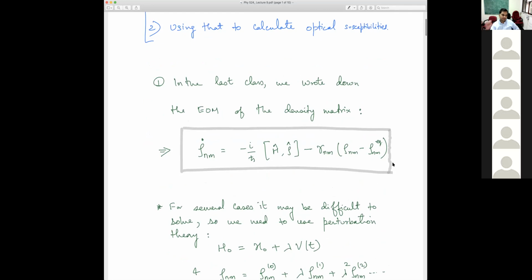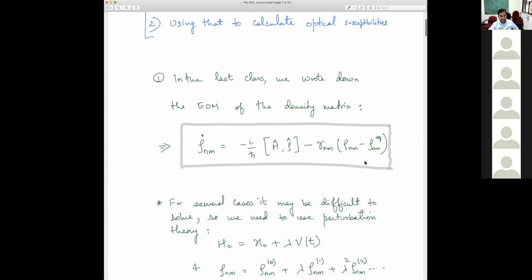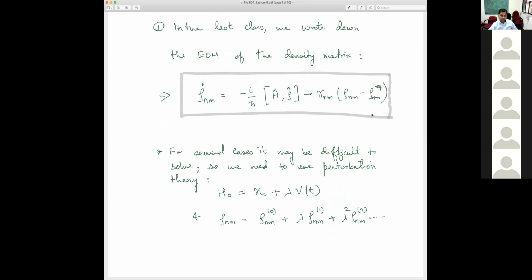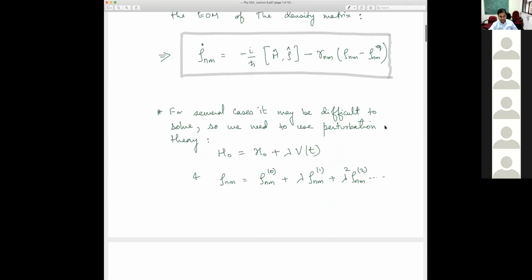So we had this equation of motion for the density matrix evolution in time, where the last term came from those parts of the Hamiltonian which we have not explicitly included in the system, but the system has some interactions with the environment. Okay. And they manifest by broadening out the energy levels of quantum systems, basically. Okay. And I argued in detail why this takes the system to equilibrium, it kills the coherence of the system, and so on. Okay. And the rho nm equilibrium had no off diagonal terms.